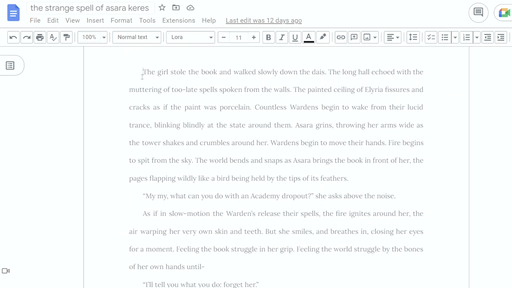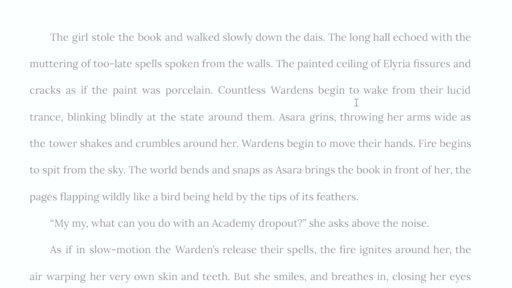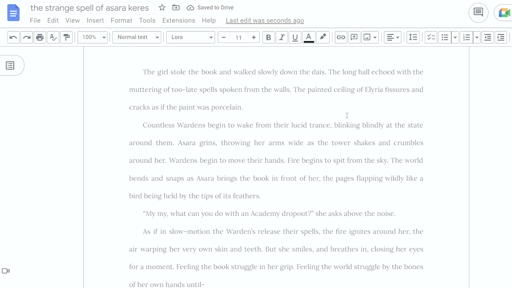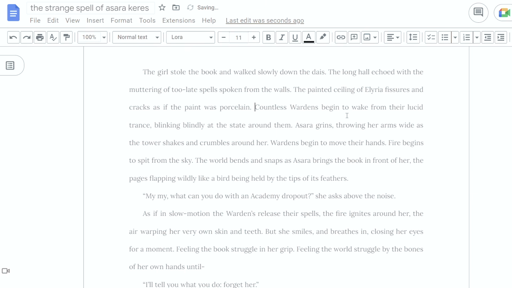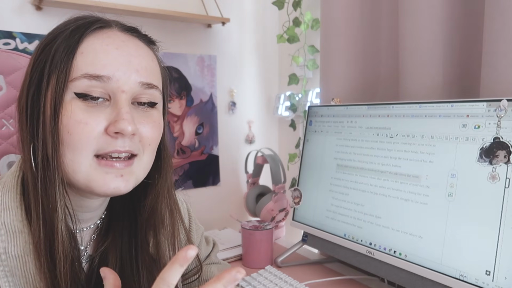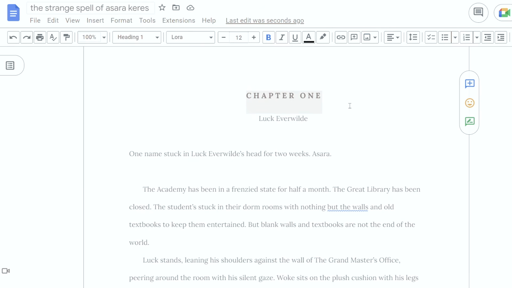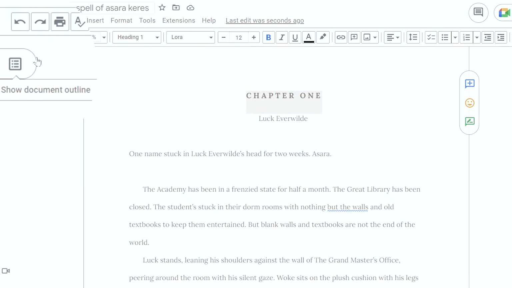So with this in mind, if I want to make a new paragraph, all I have to do is press enter and it spaces like that. However, I do want to also give you tips in terms of dialogue and the correct way to paragraph. And also with this, when you're thinking about chapter 1, if I go over here to the document outline, which is in the corner,